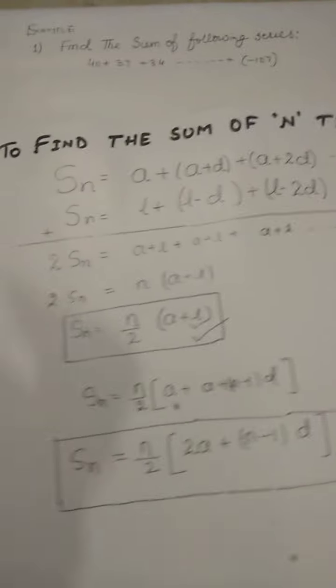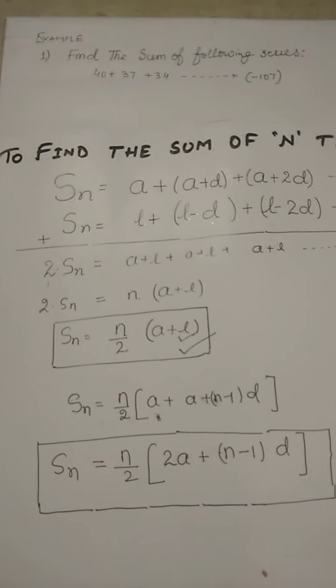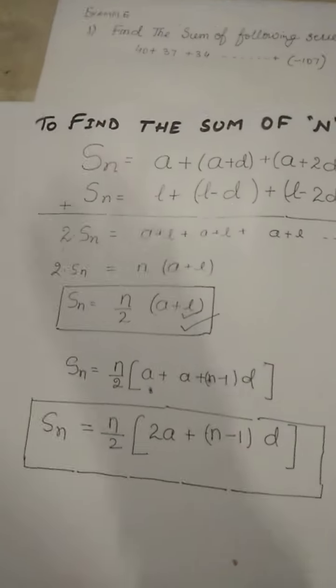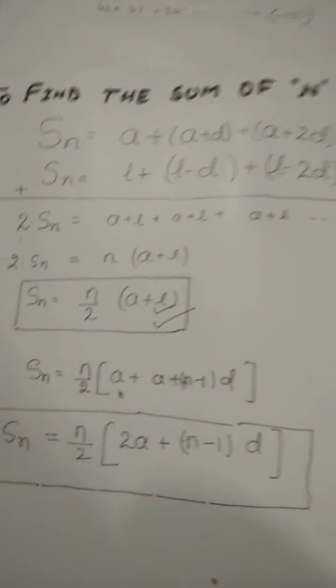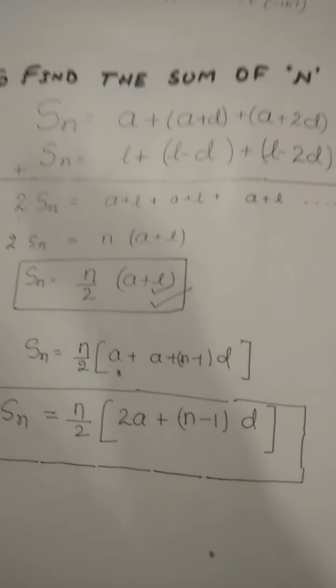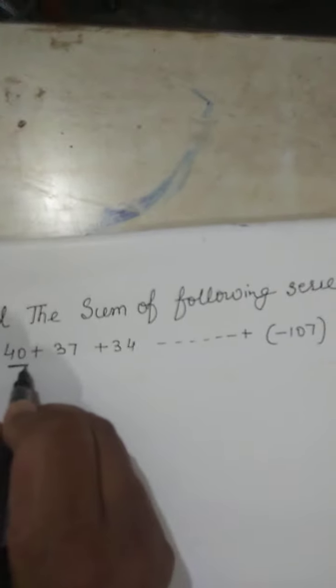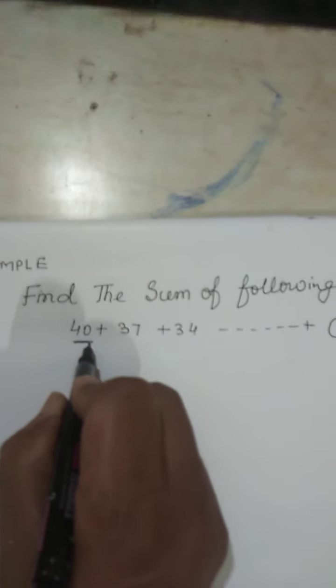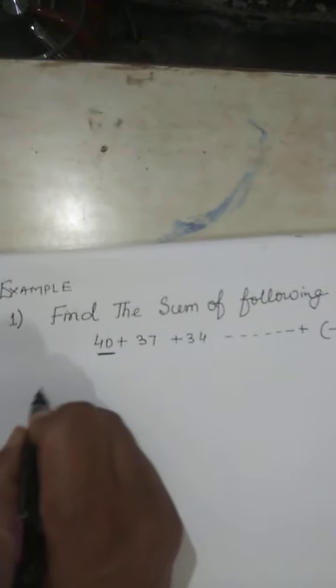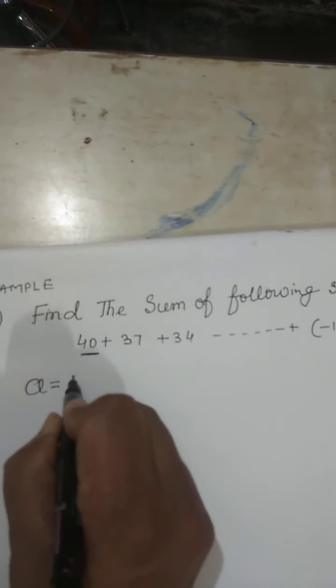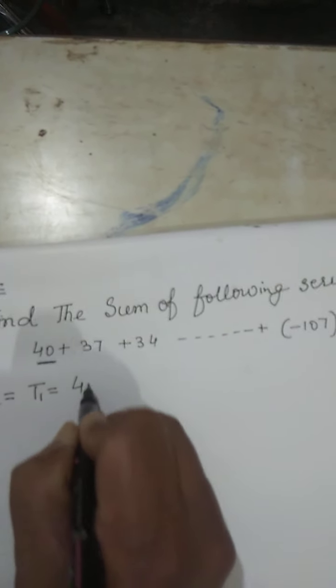Okay, now I am going to show you some examples. That example will give you an idea how to proceed with the formula if the question is given in an arithmetic series. So children, please be careful and watch this example carefully. Already I have written the example. Now you check. Find the sum of the following series. First of all, this is my good habit. That day I told you I will not start to write anyhow. I will start with a. That is my first term, 40.